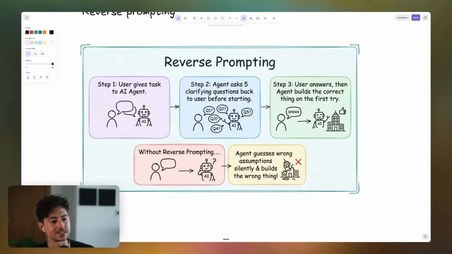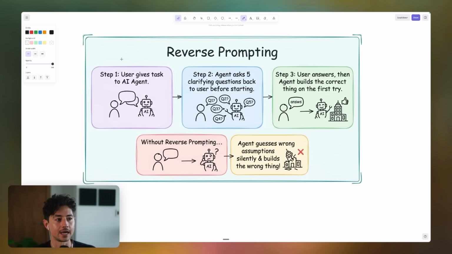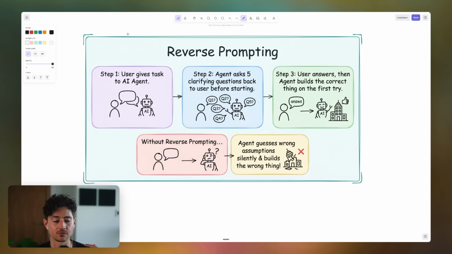And this is called reverse prompting. Now, reverse prompting is, in a similar vein, a mechanism used to clarify the quality of a prompt and improve the probability that it ends up okay. Basically the way that this works is instead of just forcing the model to give you this contract and having you sign off on it, it takes it one step further. It actually forces the model to ask you some clarifying questions ahead of time. So rather than just give you a spec sheet and say, okay, we're good to go, what reverse prompting does is it has the model ask you a bunch of questions that you maybe didn't even think that you had to answer. The model then takes all that context and feeds that into a prompt contract later on.